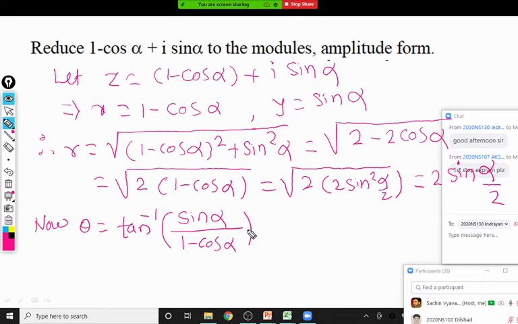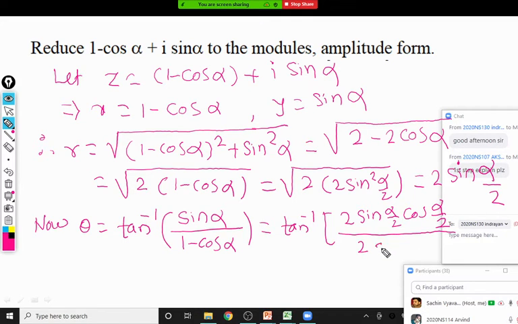Yes, tell me the simplification. 2 sine alpha by 2 and cos alpha by 2. So again, half angle formulas we can use. Sine alpha can be used as 2 sine alpha by 2 cos alpha by 2, divided by 1 minus cos alpha, which is similarly 2 sine square alpha by 2. Now you will observe that sine alpha by 2 gets cancelled and we are left with tan inverse